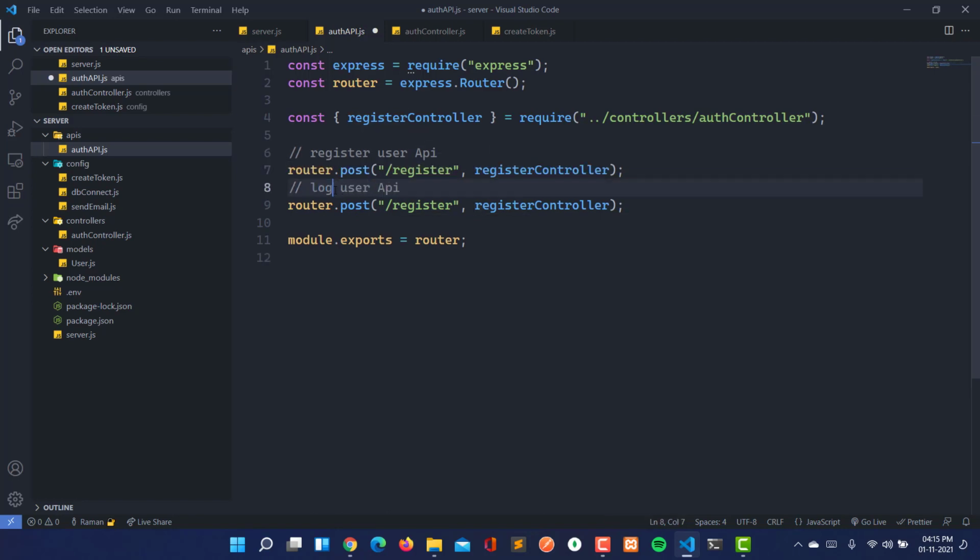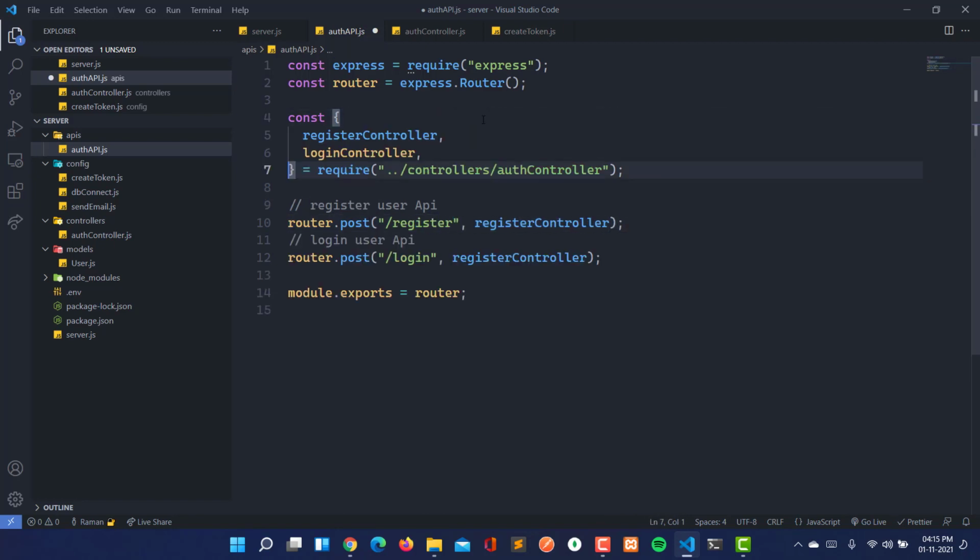Here will be the login user API. First we import the login controller from the same file in which the register controller was, and instead of the register controller we mention the login controller.